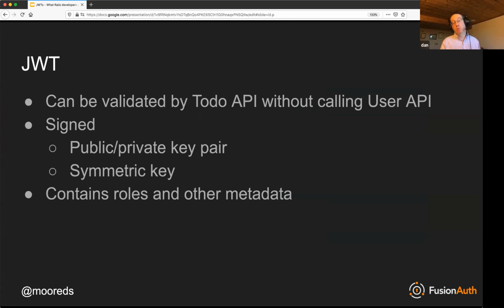The other big win with JWTs, the thing that differentiates them from the opaque token, is that you can put whatever you want in there. Now you probably shouldn't put too much in there, and I'll talk about that later too, but you can put whatever you want. So if you have a particular business domain attribute that you really need passed around to your APIs, premium level, or has military clearance, or whatever it is, you can put that into your JWT, and then your APIs can get that out.